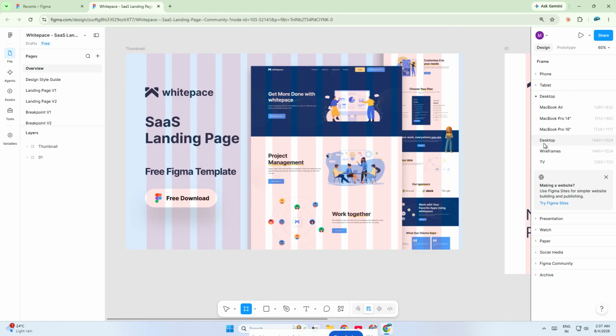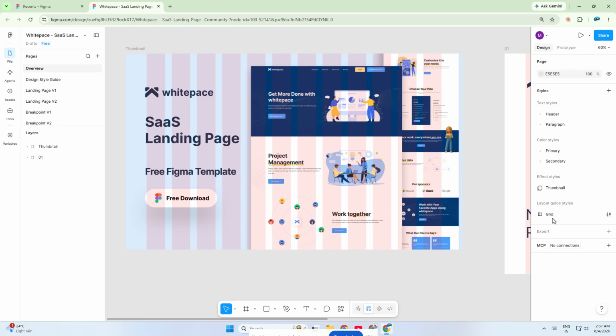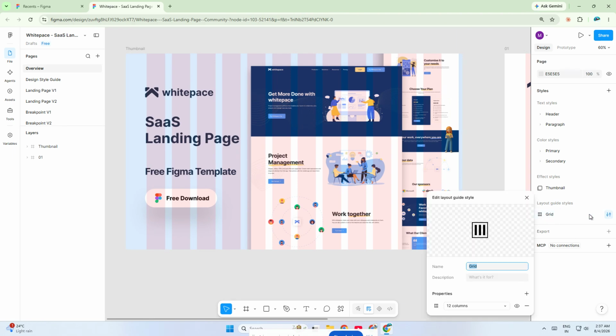After that, head over to the right sidebar and add a layout grid. This step is really important because it keeps everything aligned and gives your design a professional structure. Choose columns as the grid type, then set the count to 12. A 12-column grid is one of the most common systems in web design because it gives you flexibility when arranging